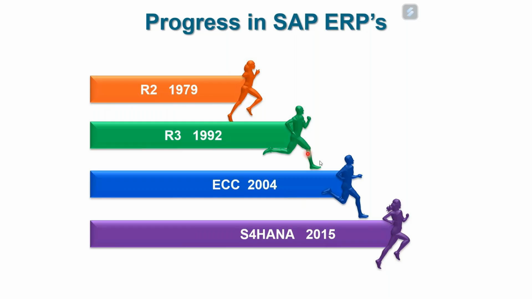This is the legacy, and S4 HANA gets a lot from R2. A lot of things have stayed consistent in SAP since R2, and that's also the reason why people are so comfortable with SAP, because the code is old, the code is stable, you don't get dumps and errors, and SAP has kept adding a lot of knowledge it has gained from organizations into the core system, because of which it's a very robust and stable system. Ultimately, as a $1 million organization, you want a stable system. That is what you get here.